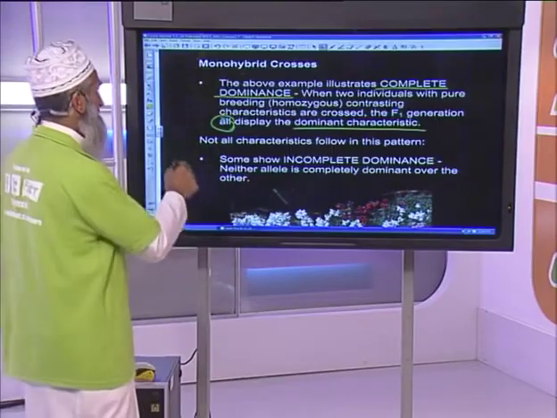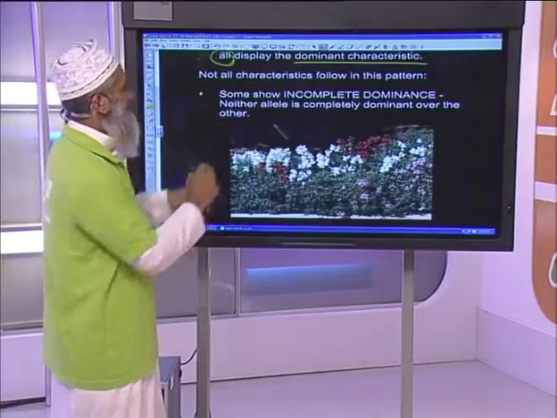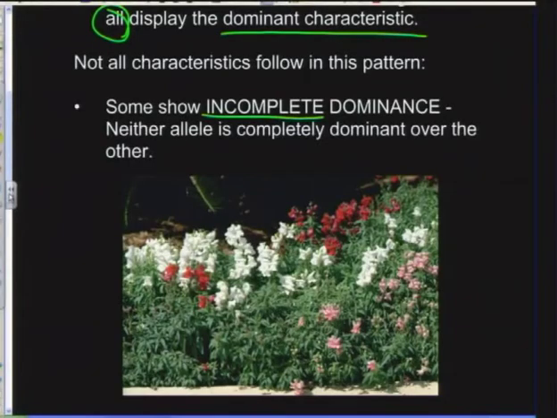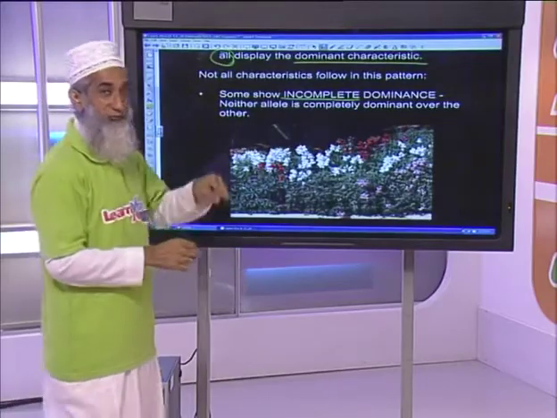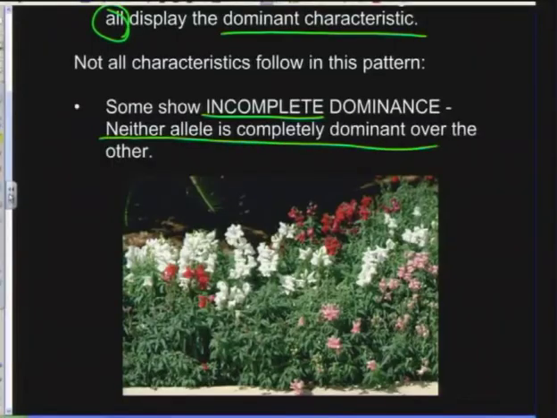Because the next one we are talking about, not all the characteristics follow this pattern. Some show incomplete dominance. Now here, what happens? Neither allele is completely dominant over the other. For example, if we take